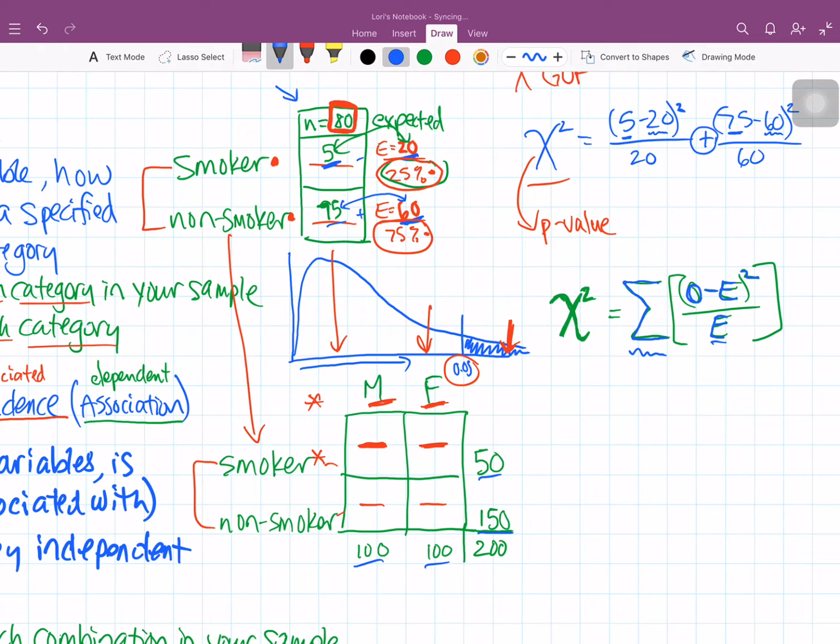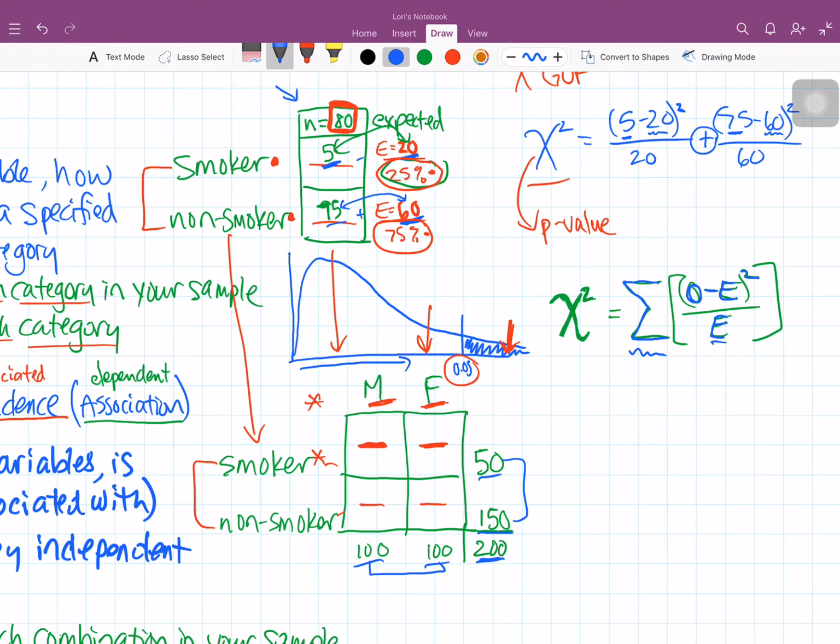And so we want to know if smoking and gender are associated. We want to know if I know something about a person's gender, do I know more about whether they're more likely or less likely to be a smoker or a non-smoker. And so the important thing is these numbers here, the 100 and 100, have to add up to the total, and these two numbers also have to add up to that total. So we have satisfied that. We don't have any missing cells, and so